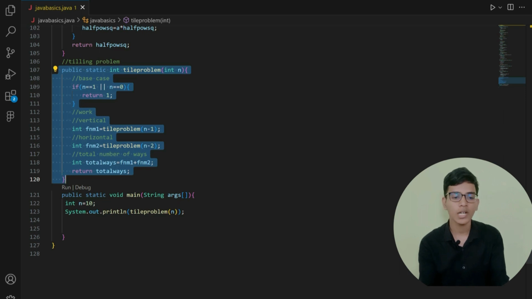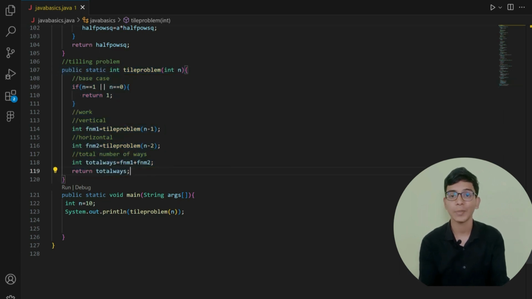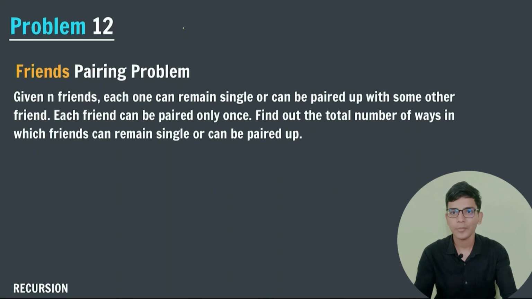Now let us do another interesting problem, that is the friends pairing problem. Whenever we are in a party or any kind of gathering, some people remain quiet, they don't talk that much. Those people are kind of introverts, and some people are very extrovert, they want to talk with everybody, they are making connections, they are making a network. So in this question also,